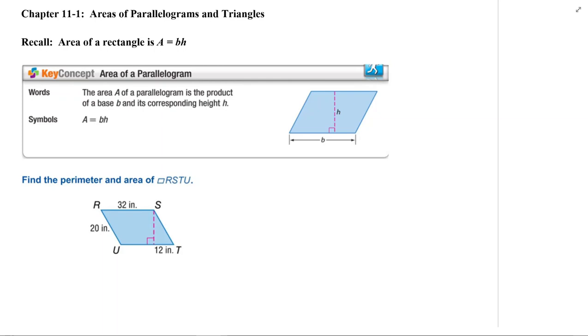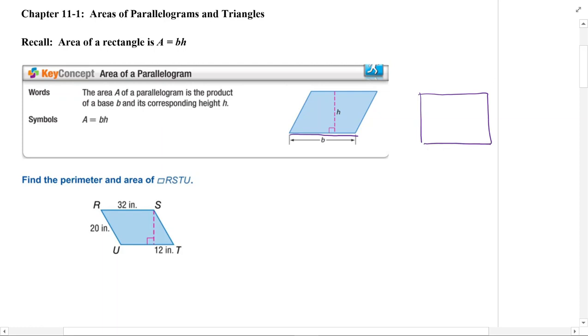Chapter 11.1. In this chapter, we're going to cover the formulas for areas of parallelograms and the area of triangles. If you recall from previous chapters, you learned that the area of a rectangle is the length times the width. Here we're going to say base times height. The base would be one of its sides, and the height would be perpendicular to that side. If we have a rectangle or a square, one of the sides could be the base and the other side